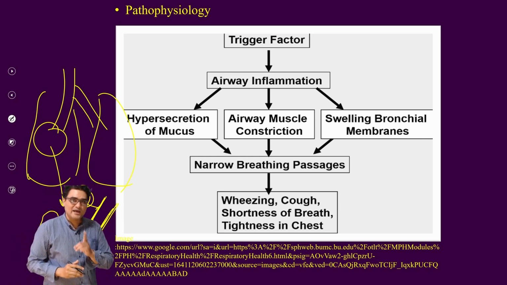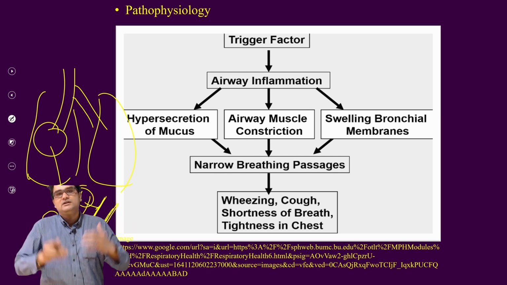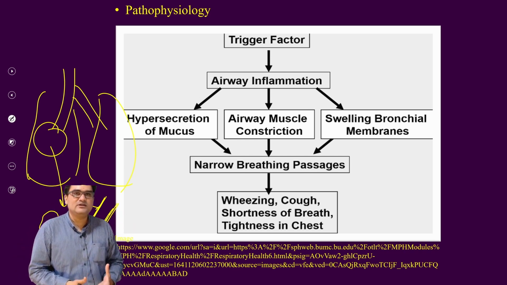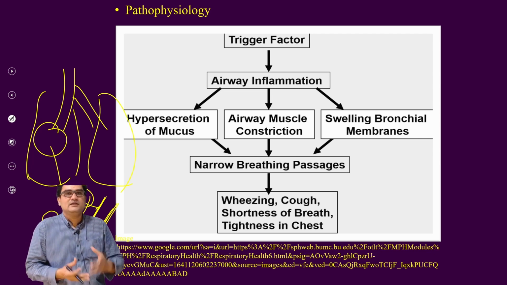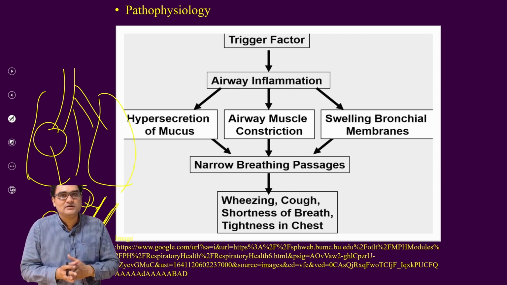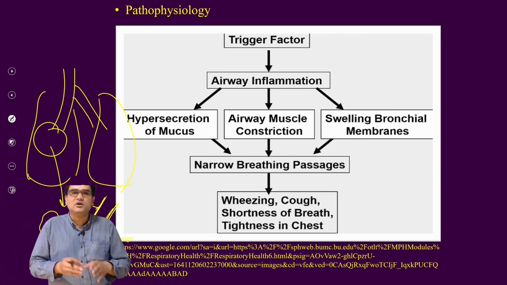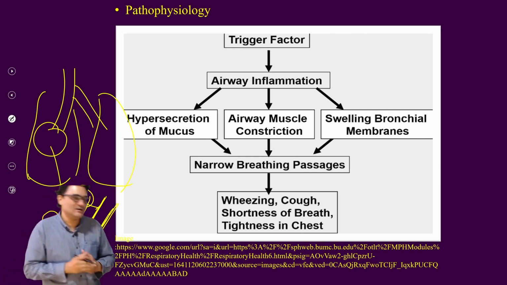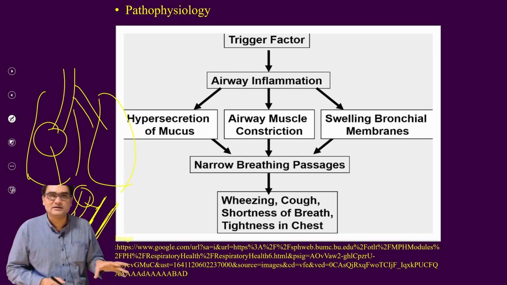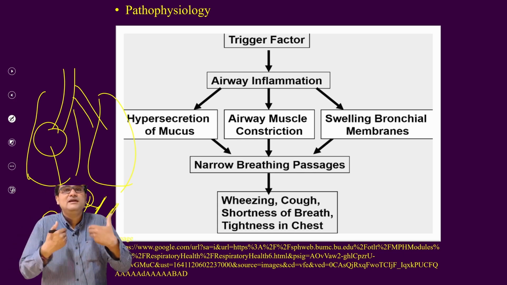But what happens in asthma? Say for example dust. So if you are exposed to dust, what happens, you will have an allergic reaction. Okay, you will have allergic reaction, sneezing, maybe cough. Okay, but that is normal. So if you move a little away from the dust exposure, it will stop, or for some minutes it will be there and then it will stop by itself. That is the normal response. ಅಸ್ತಮಾದೊಳಗೆ ಏನಾಗುತ್ತೆ, there is hyper responsiveness or hyper inflammation.